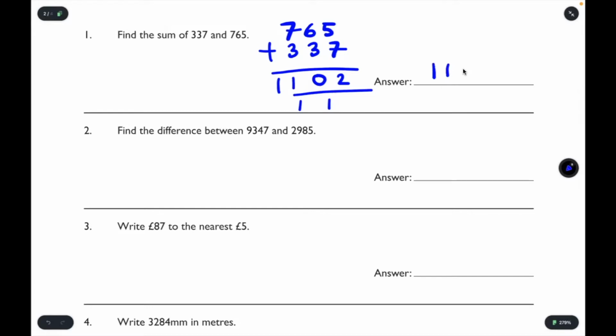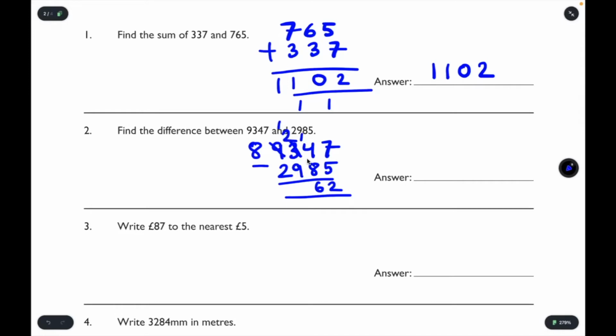So 1102. Question 2, find the difference between 9347 and 2985. So 7 take away 5 is 2, 4 take away 8 we can't do, so this becomes a 2. We've got this 4 turning into 14. 14 take away 8 is 6. 2 take away 9 again we can't do, so this becomes 8. This is now 12 take away 9, which is 3. 8 take away 2 is 6. Therefore, this is